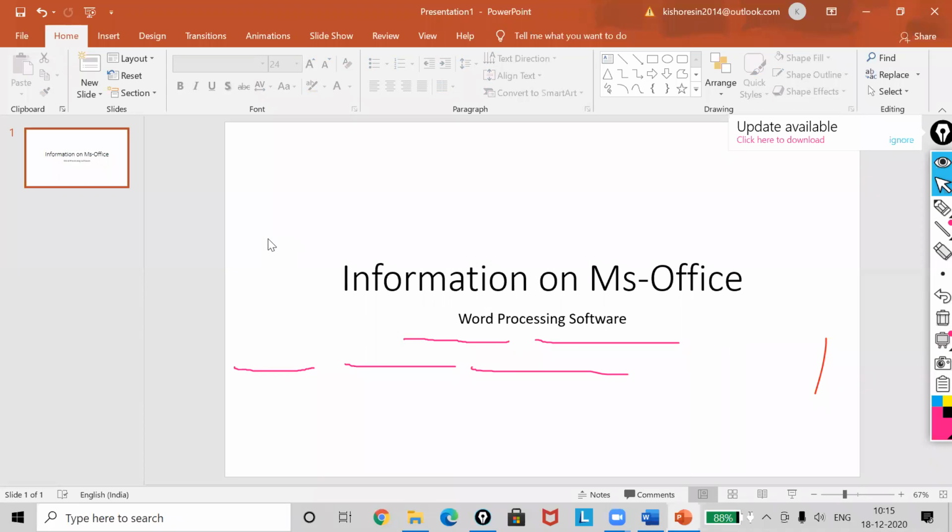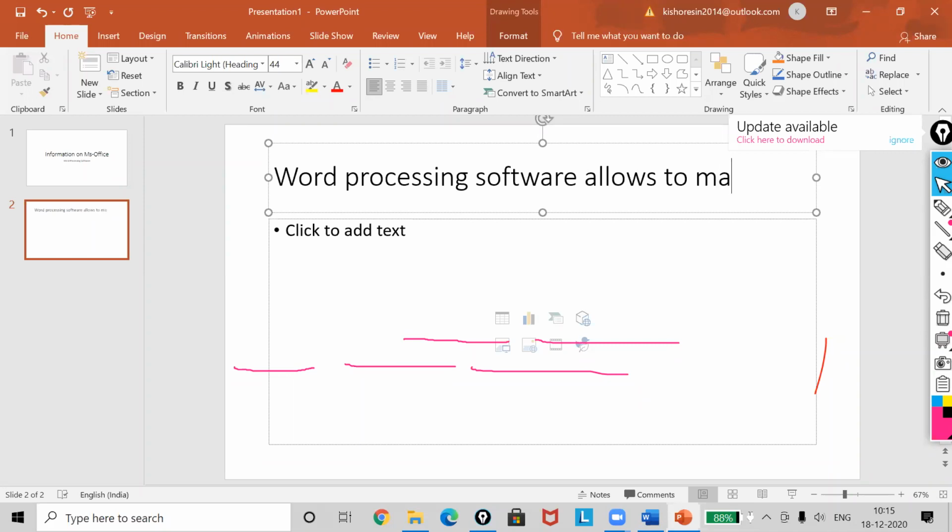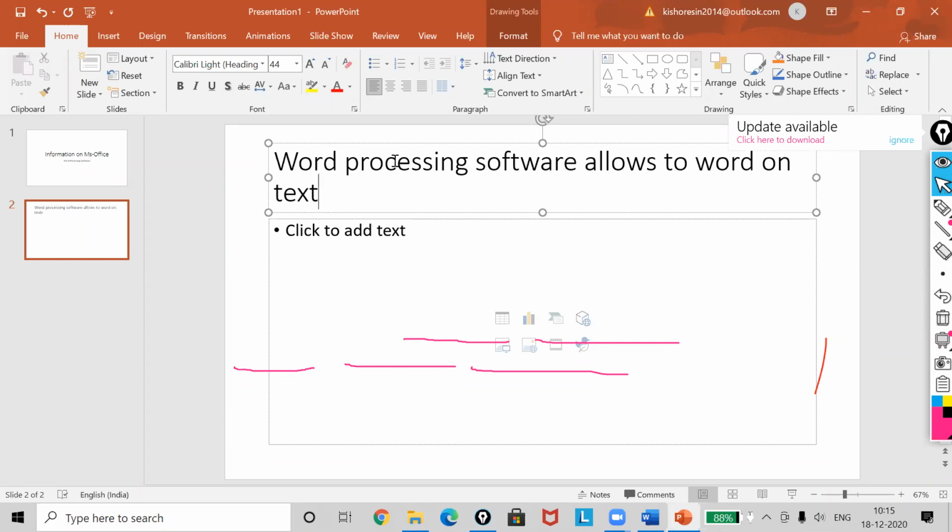Now I have to go to the next slide. Control M I will use here. Word processing software allows you to work on text.